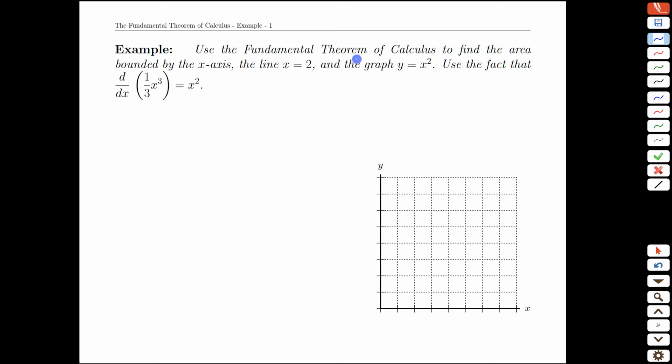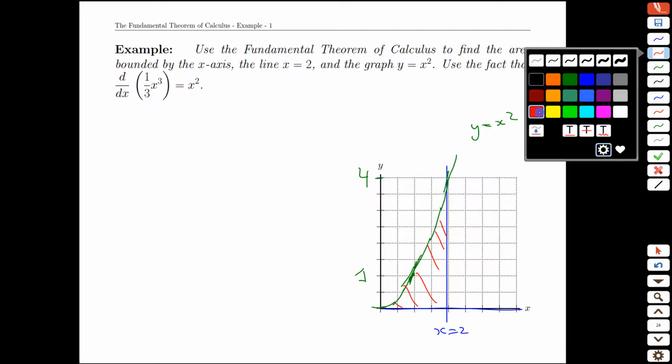In this video, we're going to apply the fundamental theorem of calculus to find the area bounded by the x-axis, the line x equals 2, and the graph y equals x squared. So y equals x squared, that's 1, and that's 4. We would have this parabola here, starting flat. So y equals x squared, x equals 2, and the x-axis gives us this region inside,